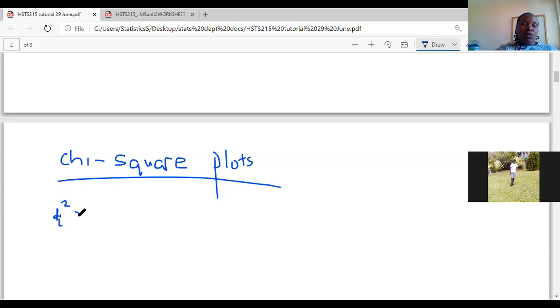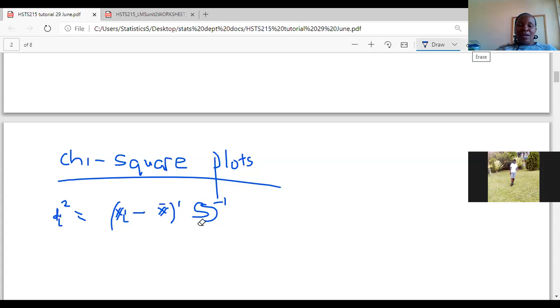So di squared is equal to xi, the observation vector, minus x bar, transpose, times S inverse, the inverse of the sample variance matrix,